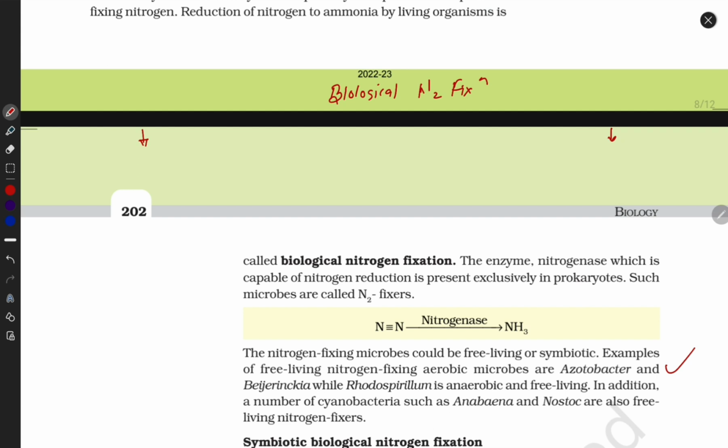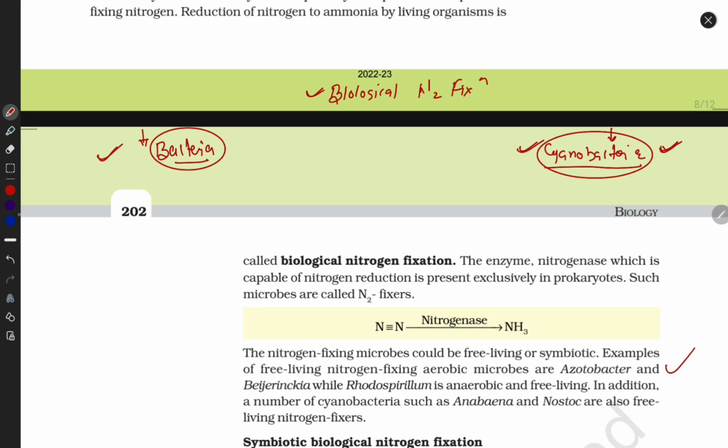Yes guys, some bacteria perform biological nitrogen fixation, and some cyanobacteria, which are also bacteria. Then what is the difference between them? BGA, blue green algae, make their own food. But normal bacteria can't make their own food. Cyanobacteria make their own food as well as fix nitrogen. So I separate this class. Now, bacteria are of two types: